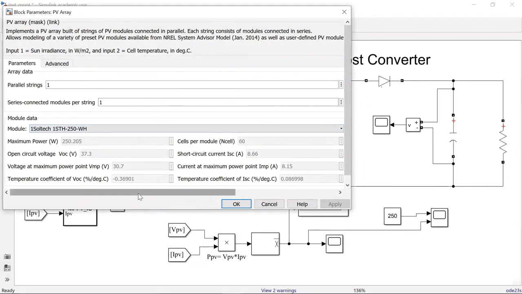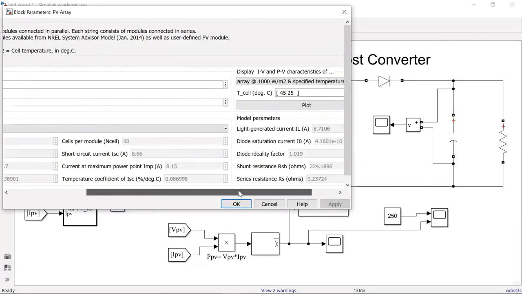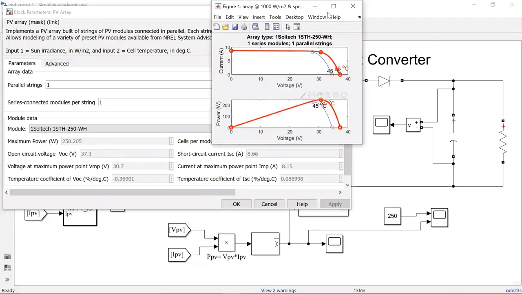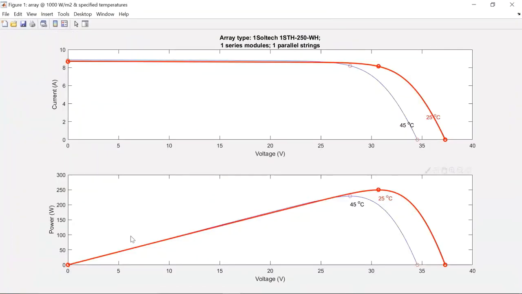If you want to see the plot of the solar panel, meaning the PV plot, you can just go here. You can see this is the PV characteristic at 25 degree and 45 degree. At 25 degree the maximum power of the PV panel is 250 watt, whereas for 45 degree the maximum power is 220 watt.